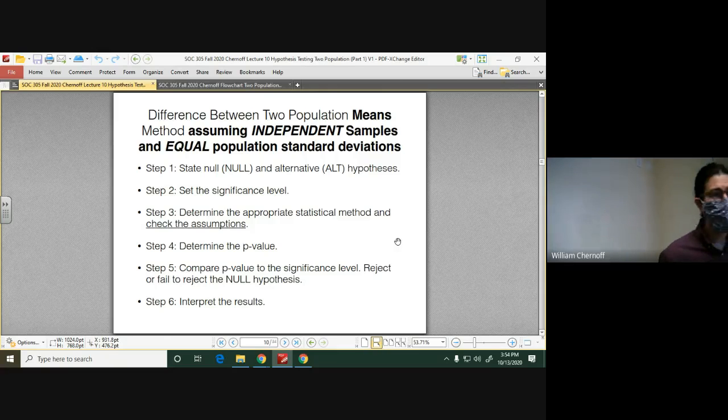And then step 6, we interpret our results. So we're going to go through this huge process to figure out whether or not there's a difference between 2 groups. So we want to eventually pull our heads out of the details and then kind of look at what we've got and say, yes, the groups are different, or I guess a better way to say this is, yes, the population means for these 2 groups are different or not different, depending on how this works out.